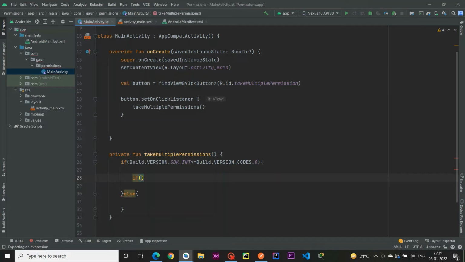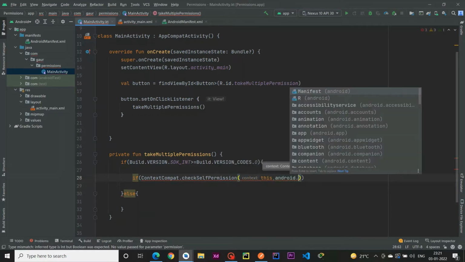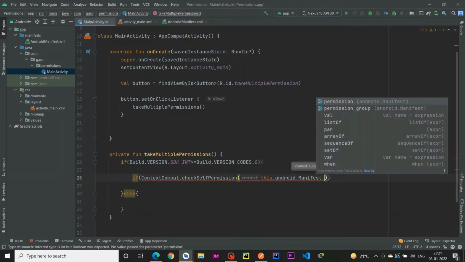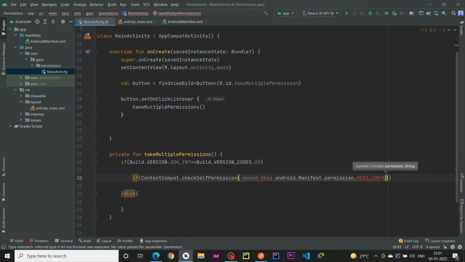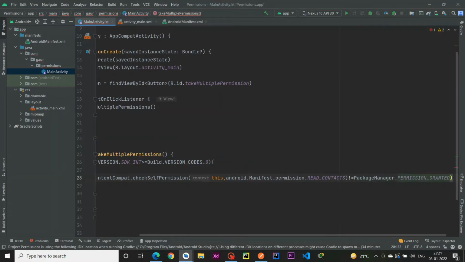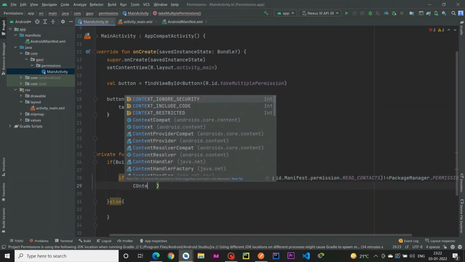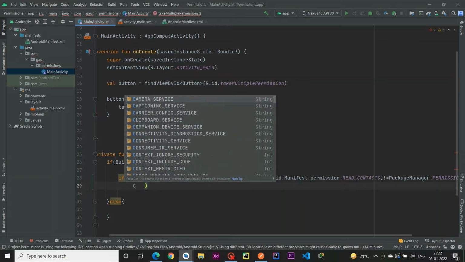For that we are using ContextCompat.checkSelfPermission, pass the context in here, and then pass Android Manifest permission. The first permission is READ_CONTACTS, and if this permission is not granted, PackageManager.PERMISSION_GRANTED. Okay, so we have to check the second permission.